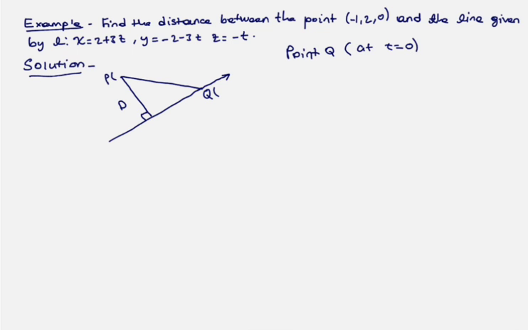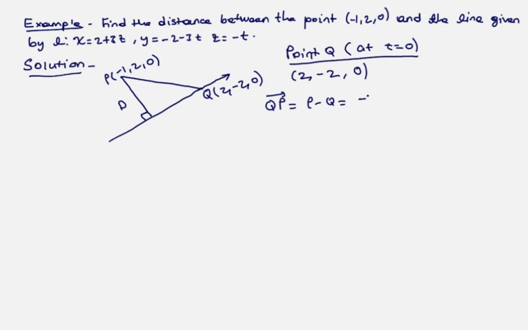because the most convenient የሚሆነው ብዙ ጊዜ at t is equal to 0 ስለሚሆን። ስለዚህ at t is equal to 0, x 2 ነው, y ደግሞ -2 ነው, z ደግሞ 0 ነው። ስለዚህ 2, -2, 0 አለን። p ደግሞ -1, 2, 0 አለን። ስለዚህ ቬክተር QP ከዚህ ማውጣት እንችላለን፣ p minus q ማለት ነው። ስንት ይሆናል? -3, 4, 0 ይሆናል ማለት ነው።